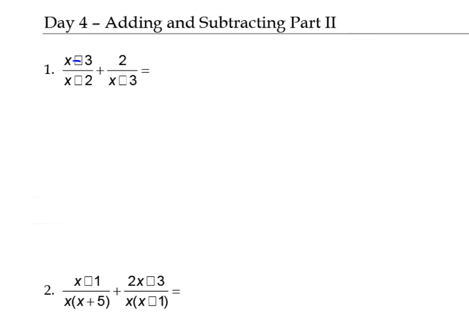Okay, these are all minus signs. I don't know why this didn't come through. So what do we do when we want to get a common denominator, but they're binomials? So unfortunately,